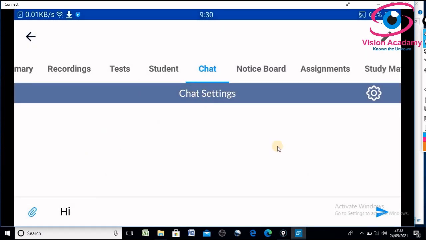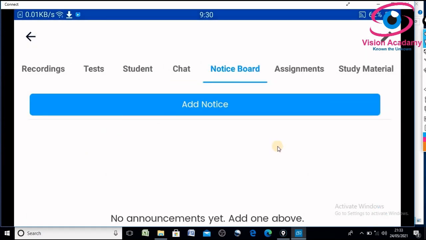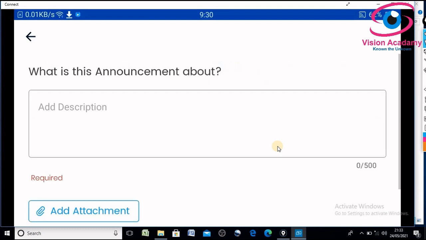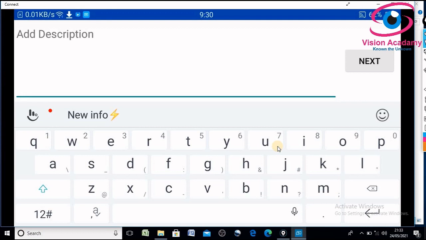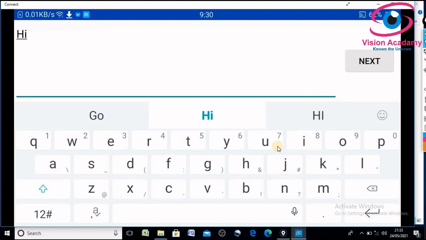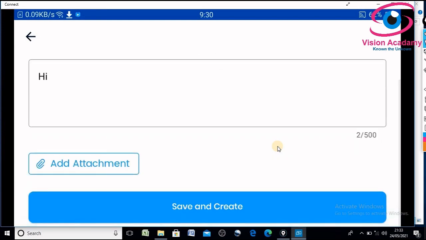And one more option is there, that is notice board. So you can add some notices for a student to bring it to the student's notice. I can click on add and I have to give some description for the notice. For example, I have given a test and this is going to end at this time and you need to attend, something like that you can give.